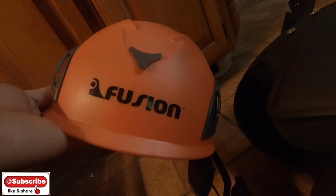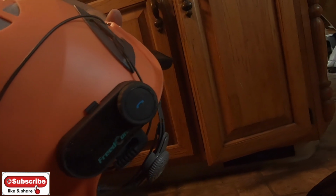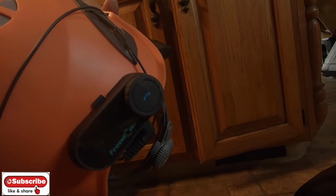This is what we were running before. This helmet is called a Fusion, and it's super lightweight. I'll see if I can find out what size weight it is, but it's basically a tree climber's chainsaw helmet, and we riveted ear flaps to it. That's the old comms, and they kept on giving us problems, so I stepped it up to